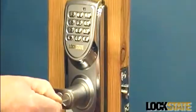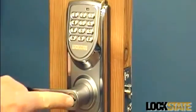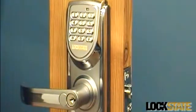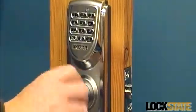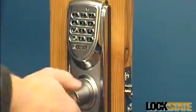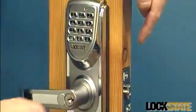If you wish to manually bypass the lock and set it in passage mode, remove the cap in the center of the handle, then insert the included key and turn counterclockwise 3 to 5 full rotations until the outside door handle engages the latch. Remove the key and the lock will remain unlocked until the key is turned clockwise another 3